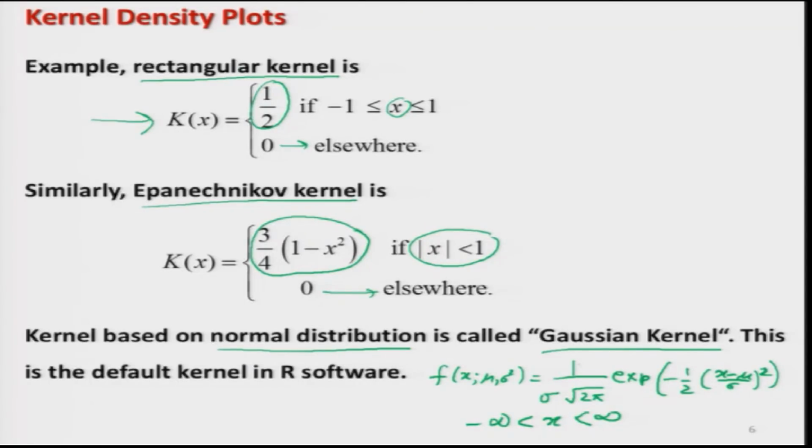And actually when we are trying to construct such kernel density plots in R software, if you do not give any choice, then the Gaussian kernel is the default choice. But I will try to show you how the density plot looks when we change the type of kernel, or the choice of kernel. So, let me take the same example that I had taken in the case of histogram,